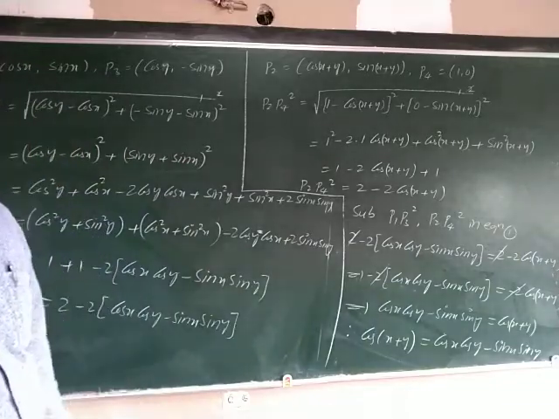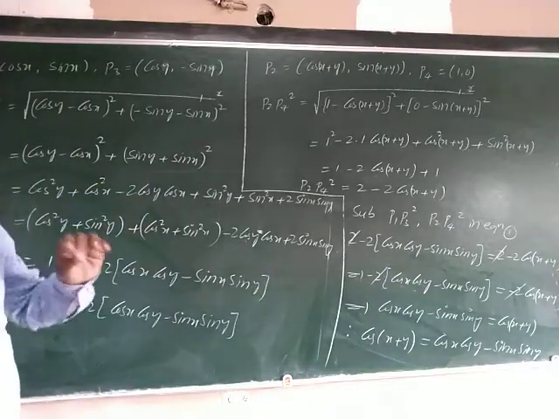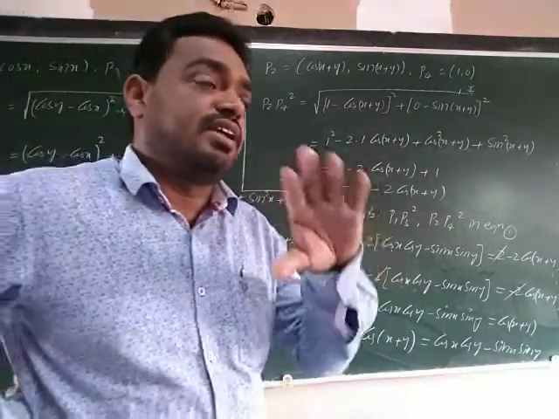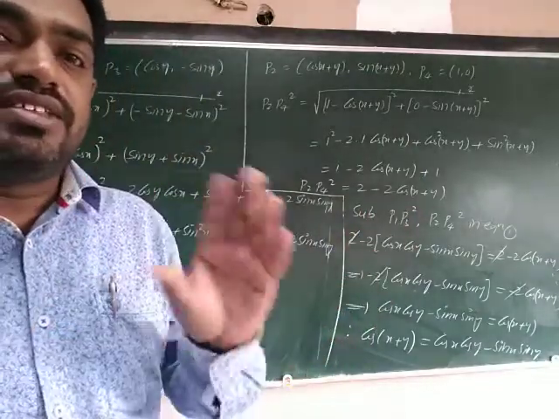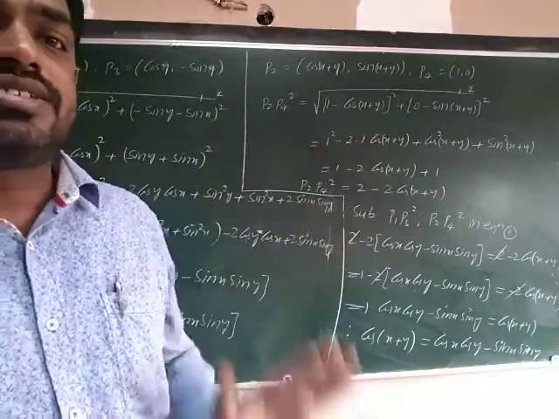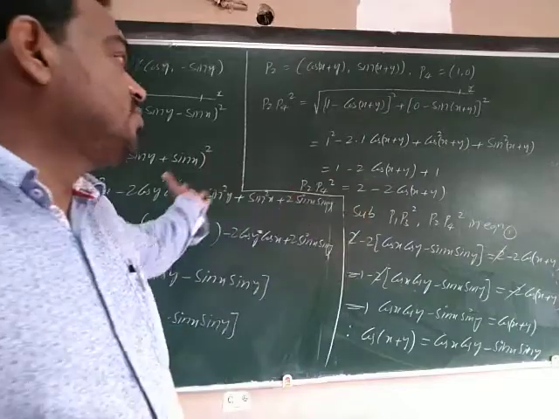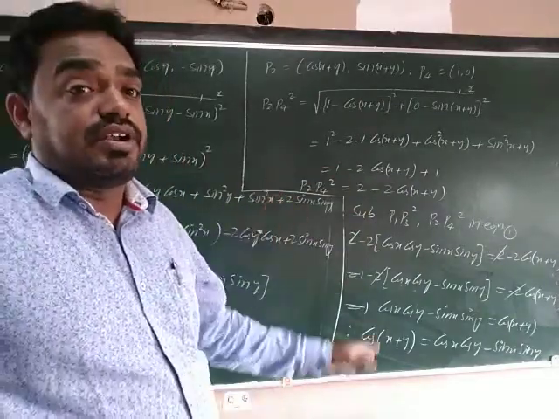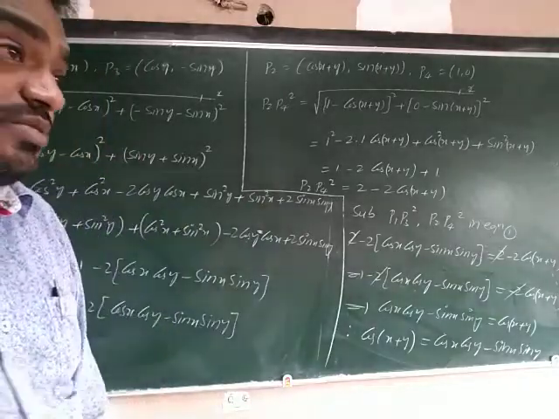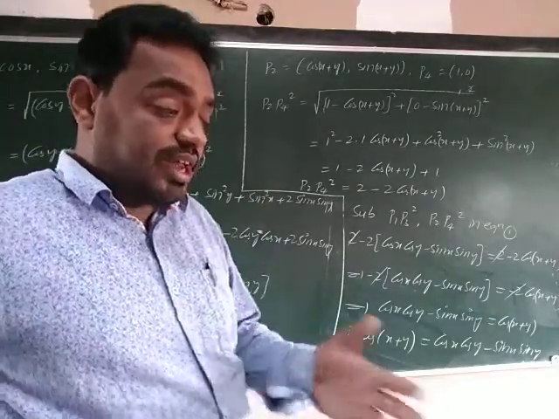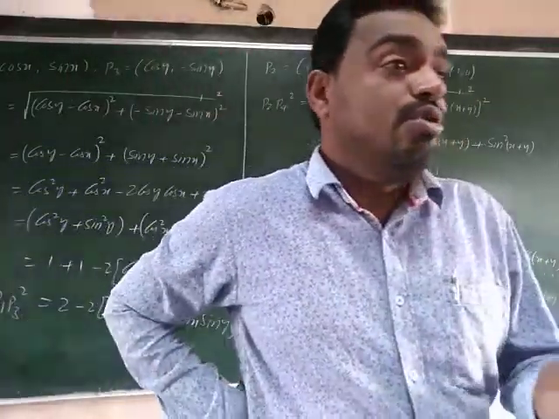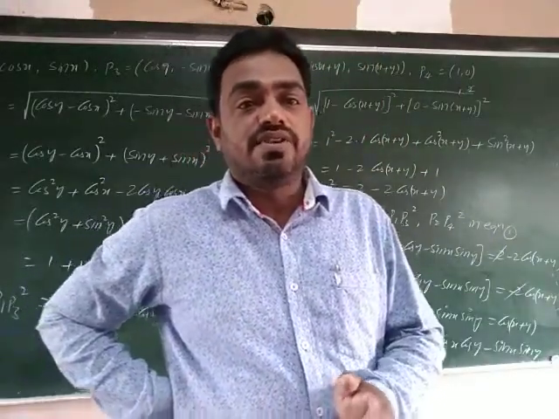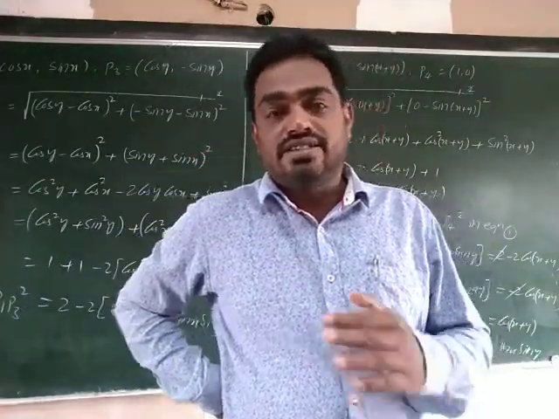Very simple. You just have to remember the angles and the coordinates, which are the congruent triangles and which sides are equal. The simplification part is very easy. So this is an important question for 6 marks. This is how they ask you in the examination: prove geometrically cos of x plus y equal to cos x cos y minus sin x sin y.